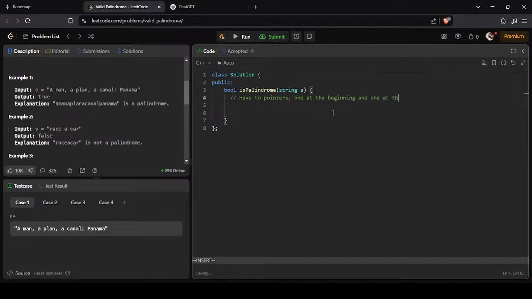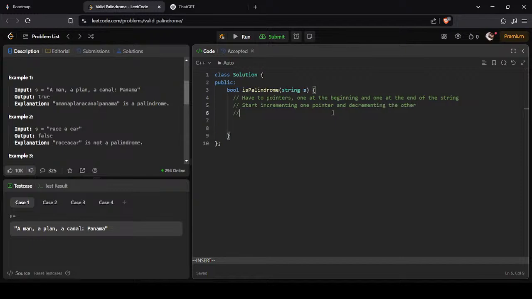Okay, ignore non-alphanumeric characters and spaces. Paste. This, and then